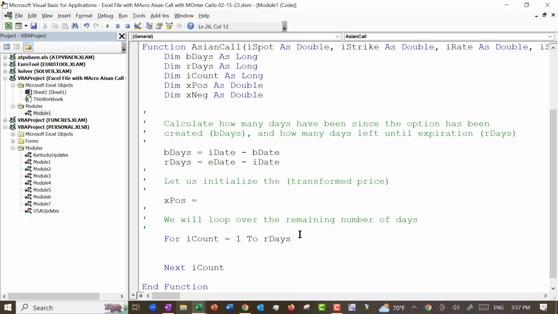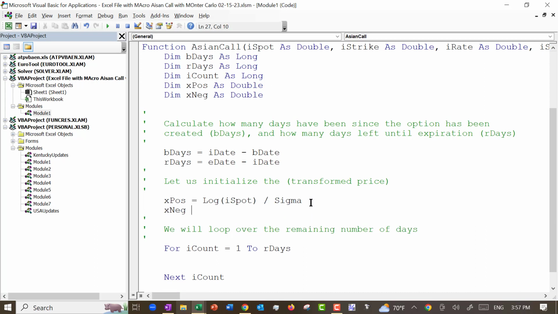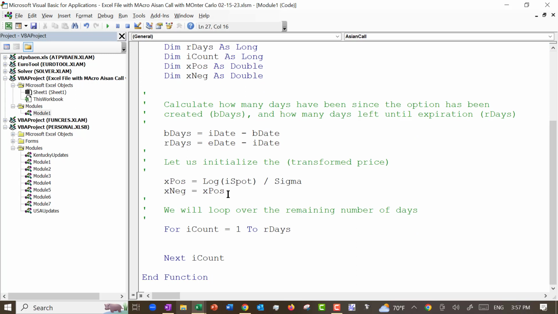So log I spot, okay. I don't want to do this many times, so let's call this base